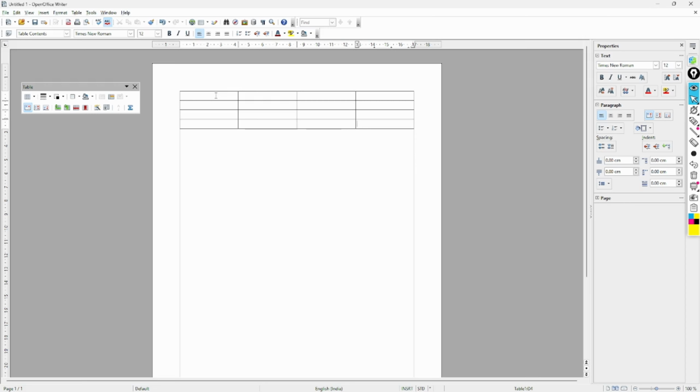Now if I press the tab key, can you tell what will happen? It will create a new row. See, I am pressing the tab key 1, 2 and 3. See, it created a new row, correct? But now if I press the tab key, it will just navigate. When will it create a new row? When it is in the last cell of the table, correct? It is in the last cell.